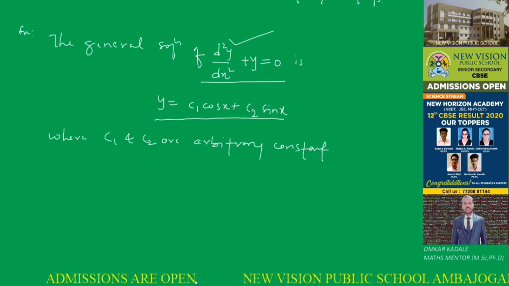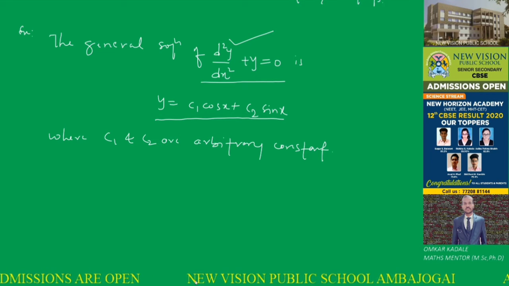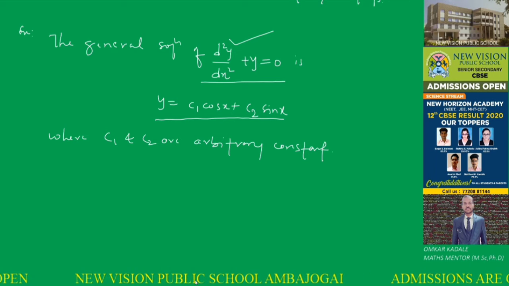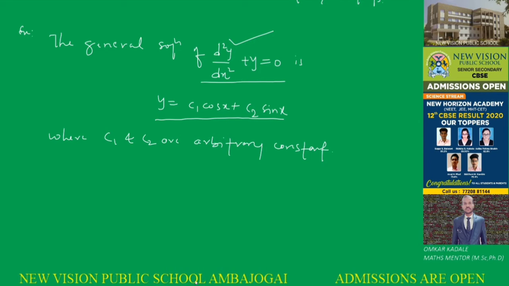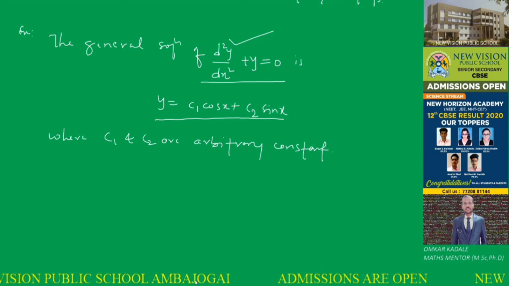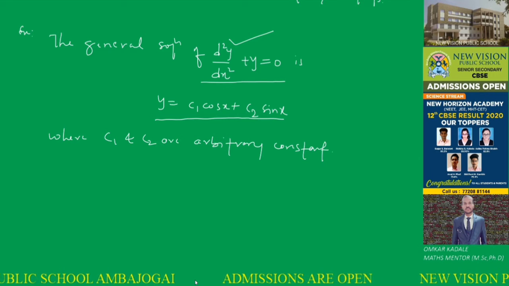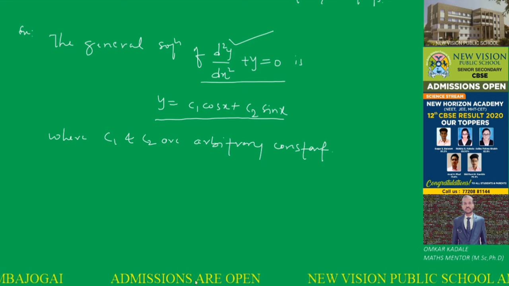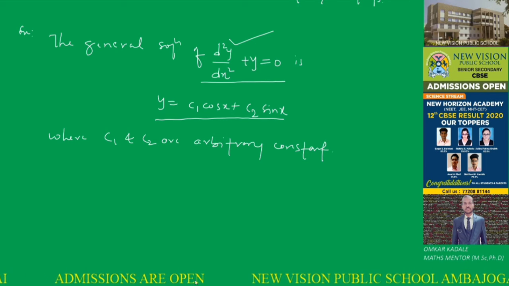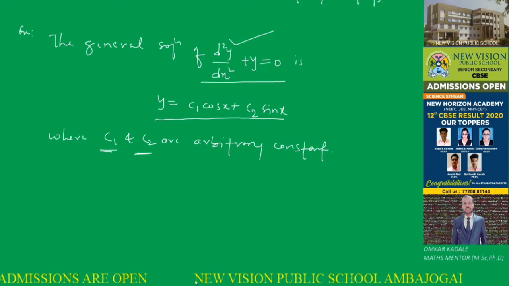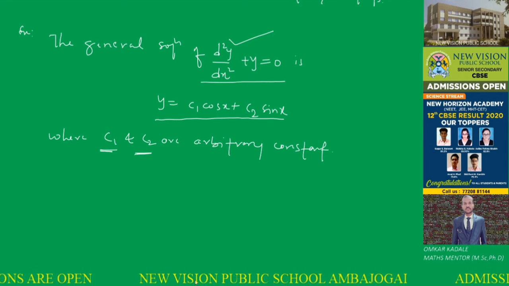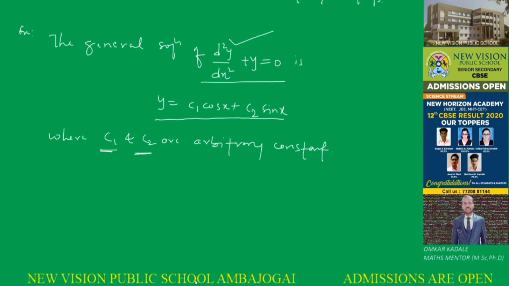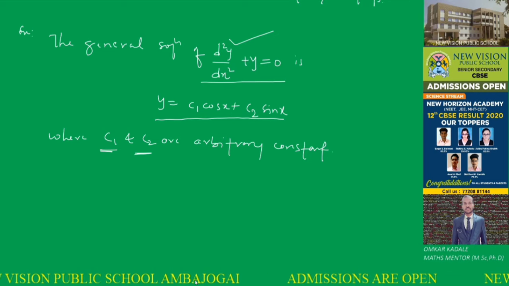When we put it in this equation, it changes into an identity, as we said in the earlier definition, right? That is, y equals to c1 cos x plus c2 sin x is our solution function. When we substitute this function into the differential equation, we get an identity. It satisfies the differential equation. Let's see, here c1 and c2 are what? These two are arbitrary constants, right? So if we solve this equation, what we get is y equals to c1 cos x plus c2 sin x.